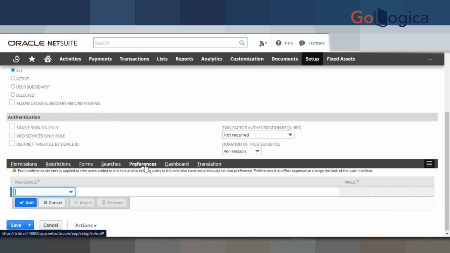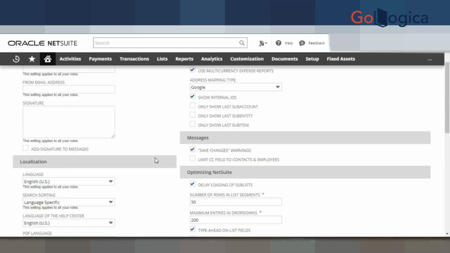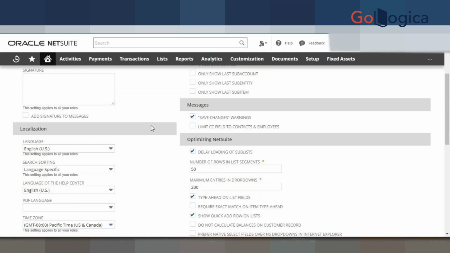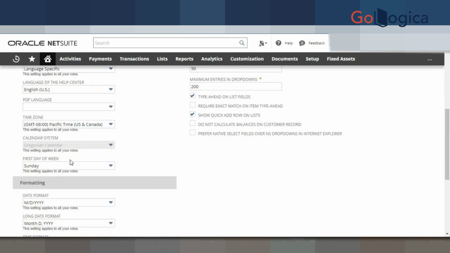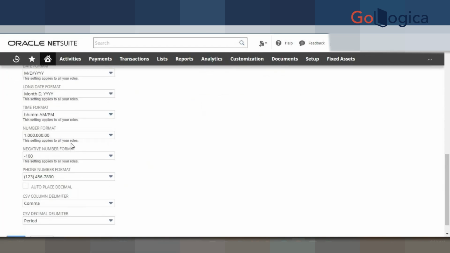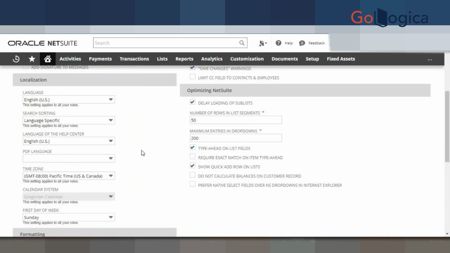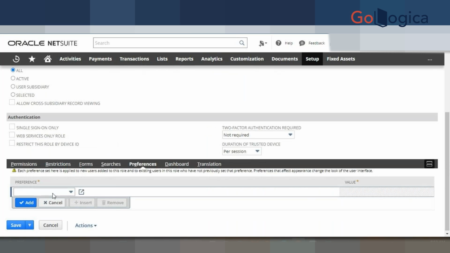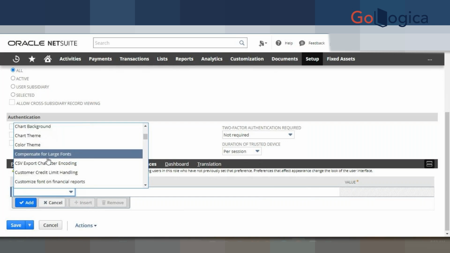Then there is preferences. In preferences, it's nothing but, like, in what language would you want to see NetSuite, what time zone do you belong to, your date format, month format, time format, the color theme, and all such preferences. If you want to give access so that the user can set it up for themselves, you can just select the preferences over here, color theme,